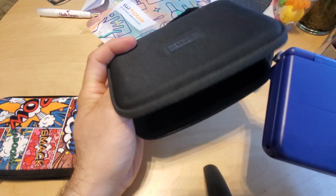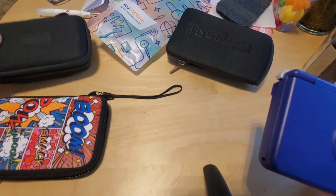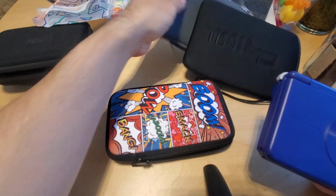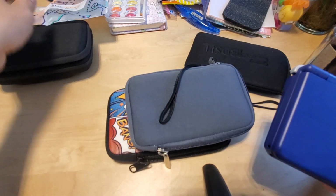So I don't use this case. I just bought it because it was $10 and I just wanted to try it out. But this case and this case is really good from